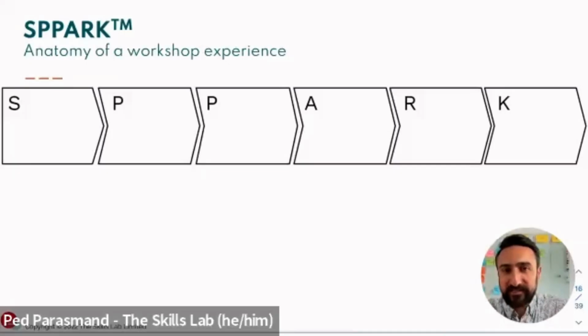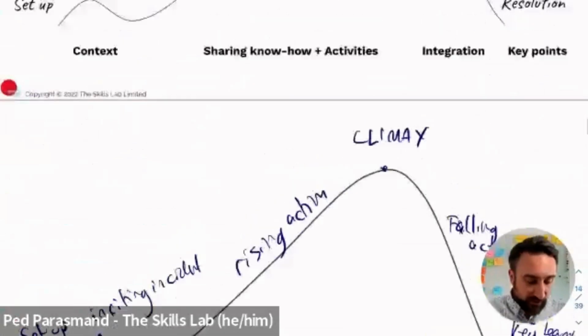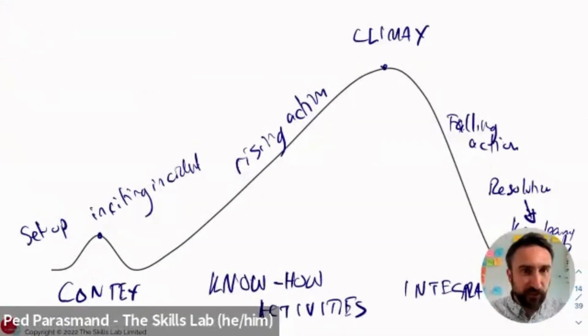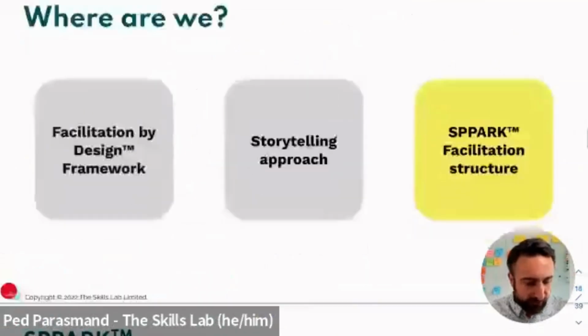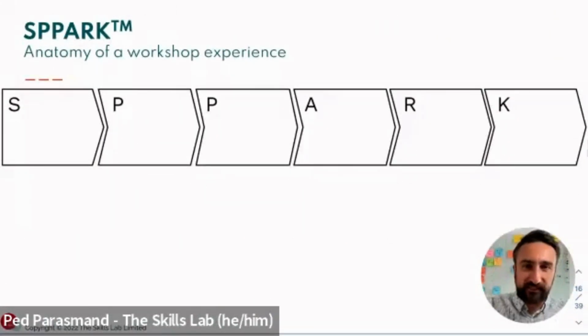And as a process, it does incorporate learning theory that engages people. You'll know that if you skip a step in this process, you'll ultimately find it harder to get buy-in or bring people back when they're doing activities. It starts really simple, very straightforward. Let me just go back one second. It's very similar to the learning journey, but if you think about the learning journey as the entire workshop, this is about the activities.